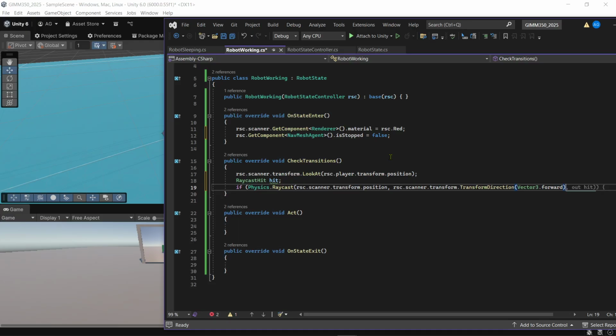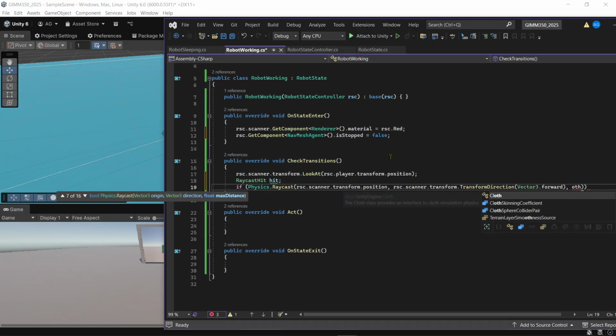So what this is doing is it is taking the raycast, starting it at the scanner's position, and because we're looking at forward, that is where it is currently facing through the LookAt. So it's going to be pointing to the player, forward,